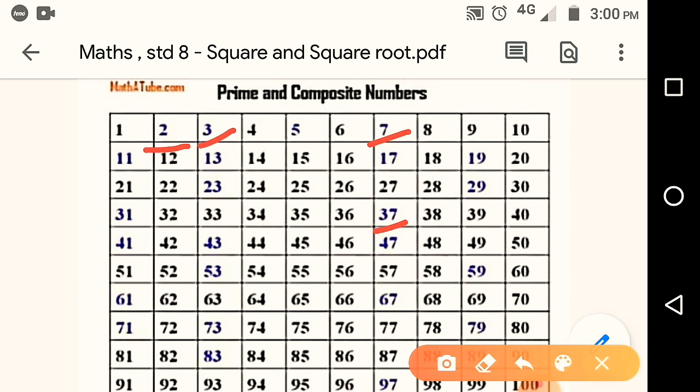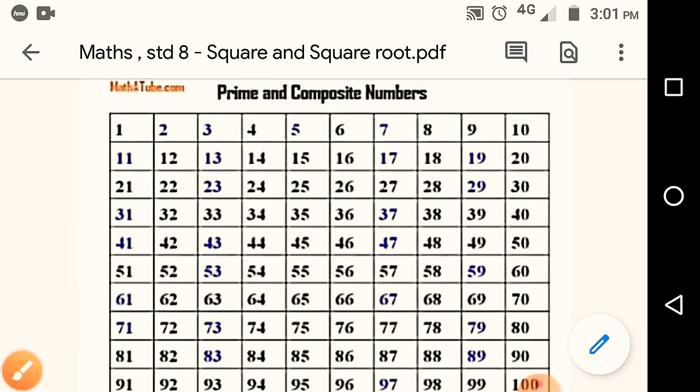And composite numbers means they have more than two factors, and they come in more than 2 tables. For example 10. So 10 कौन से टेबल में आता है? 2 1 जा 2, 2 के टेबल में आता है 2 5 जा, then 10 1 जा, then 1 10 जा. Same way you can take other examples. Okay, for example 24. So 24 is also coming in many tables, more than 2 tables. So these are composite numbers. So prime and composite numbers you have already studied in your lower class.